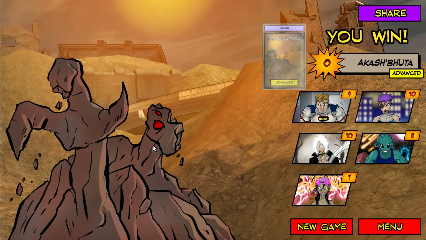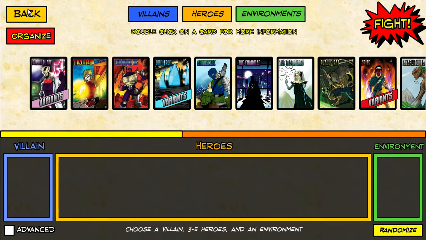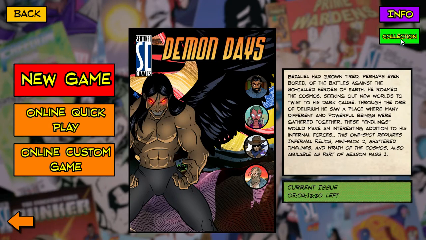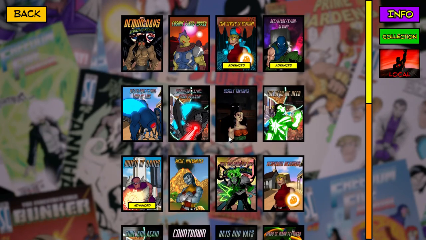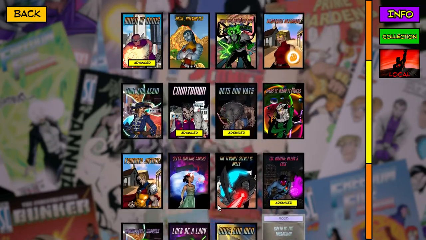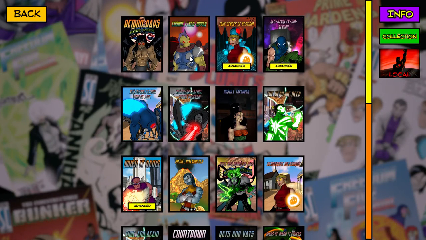And that's that, boys. Akash'Bhuta Advanced down. And we didn't actually lose anyone, which is a bit of a change of pace from last game, isn't it? So that's the new one. In case you're wondering, I just plan on working my way up from the bottom to the top. That means I will be missing out on some potential mints, yes, but until I learn how to play these guys anyway, I'm not getting them, so...